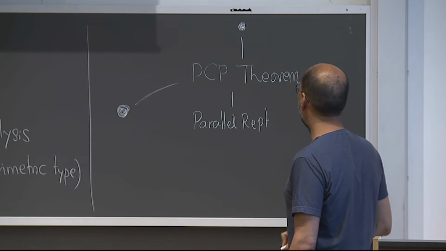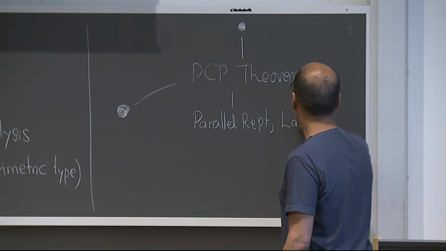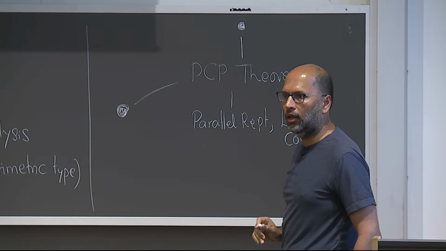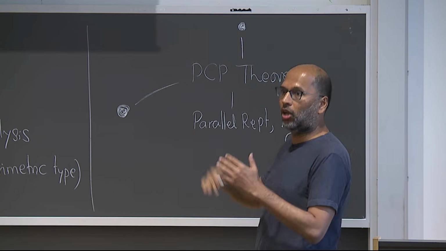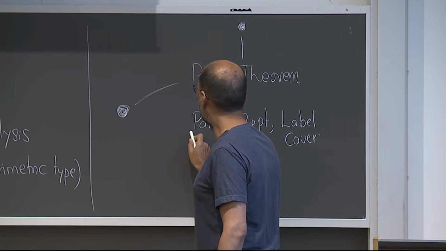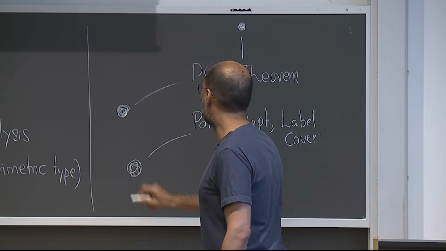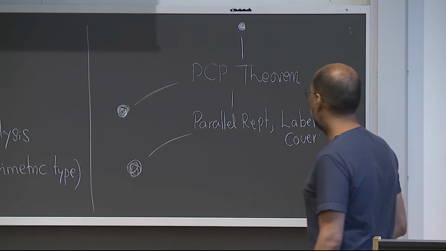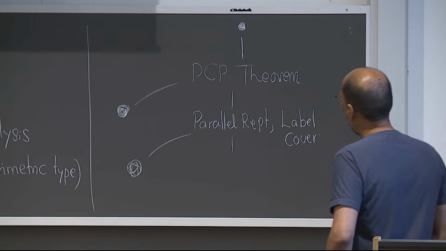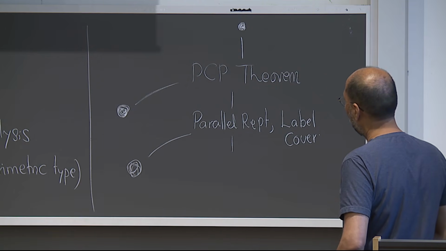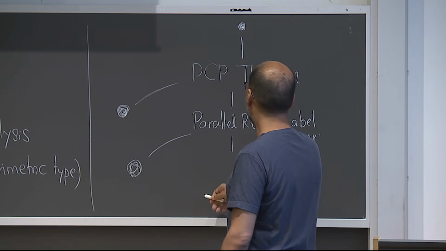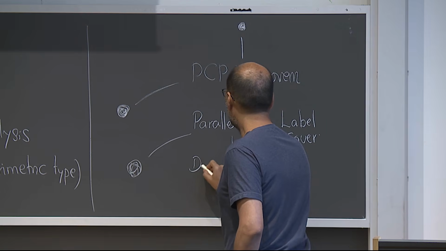And which proves hardness of a problem called label cover. And this hardness result for label cover, I would call this the mother of all hardness results, because essentially everything follows from this point onwards. Now, from this point onwards, you could have just direct reductions from label cover, and there are quite a few of those. But I would think an even more dominant theme is you take one more step in this thread, called dictatorship testing.